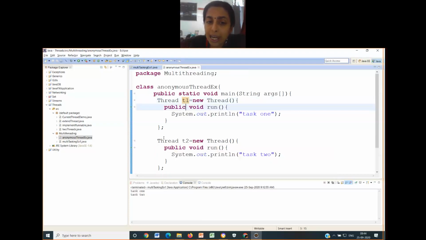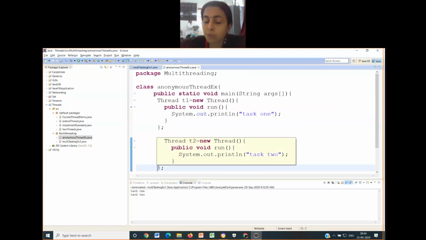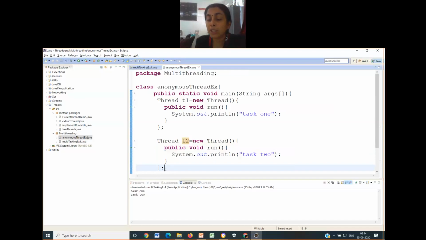Then similarly, I have created T2, Thread T2 equal to new Thread, and the corresponding run method, the end of the anonymous class followed by a semicolon. Both of these are done as part of the main class, inside the main method.